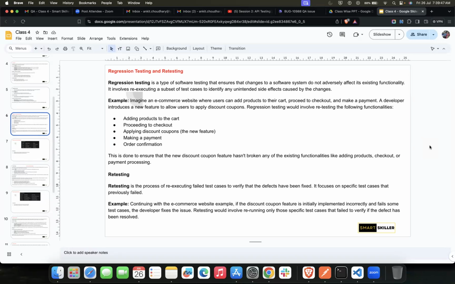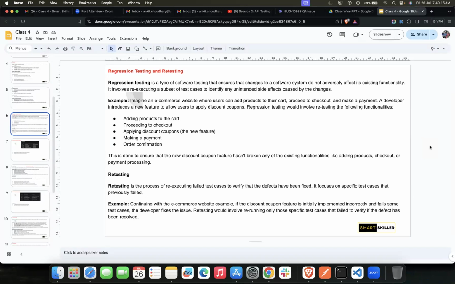Now, suppose that in regression testing, you find that a particular functionality is not working. For example, you find out that login with Google is not working, but the normal login with email and password is working.